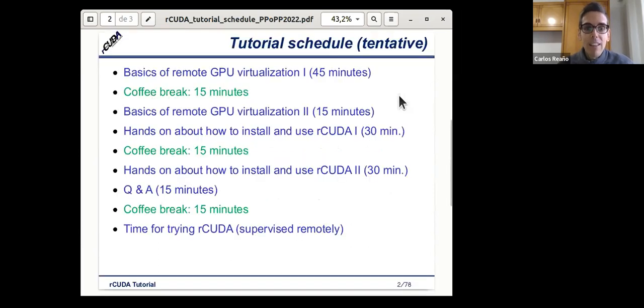So this is the tentative schedule. We will have different parts, more related to theory in the beginning, and then more related to hands-on in the last part of the tutorial. We plan to do regular coffee breaks. Every hour we plan to have a coffee break of around 15 minutes.